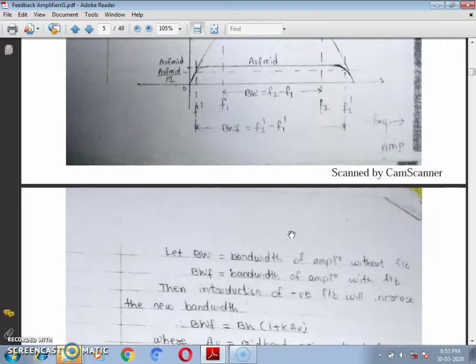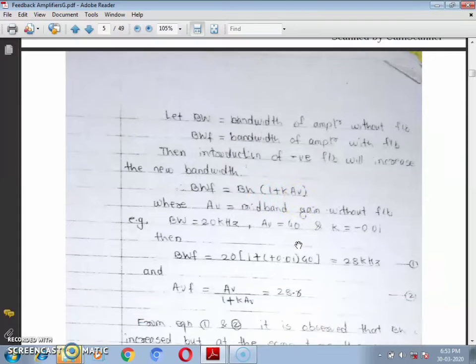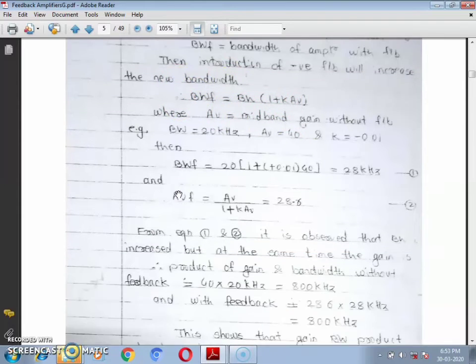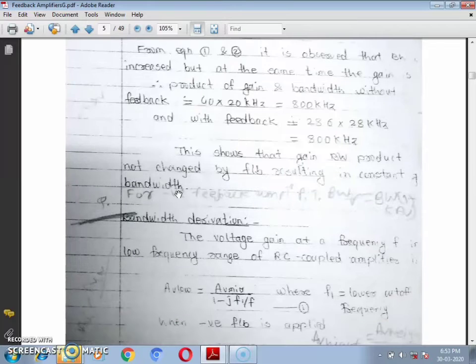This bandwidth with feedback is labeled BWF, equal to F2 dash minus F1 dash, which is given as the bandwidth without feedback times 1 plus KAV. So we need to find this expression,